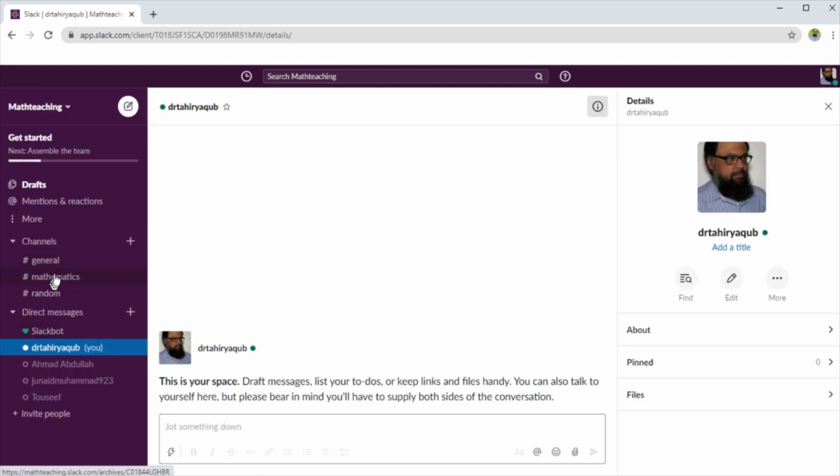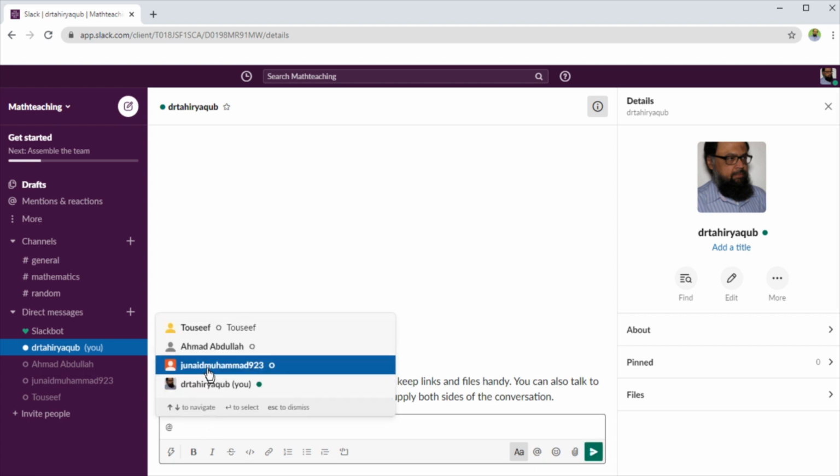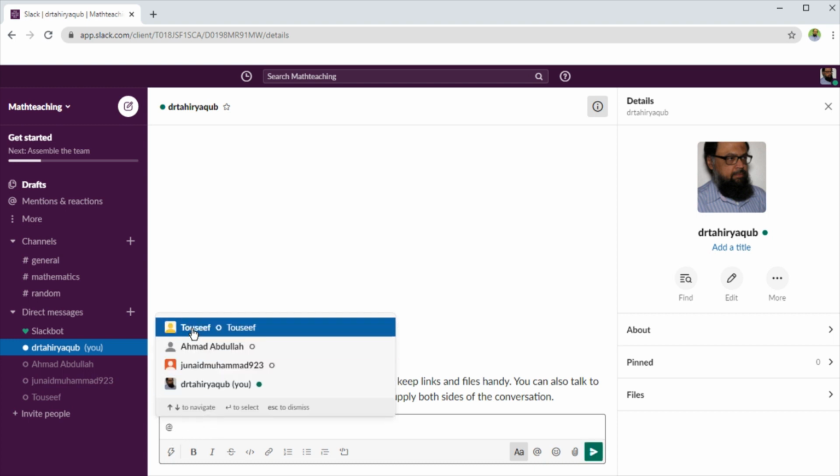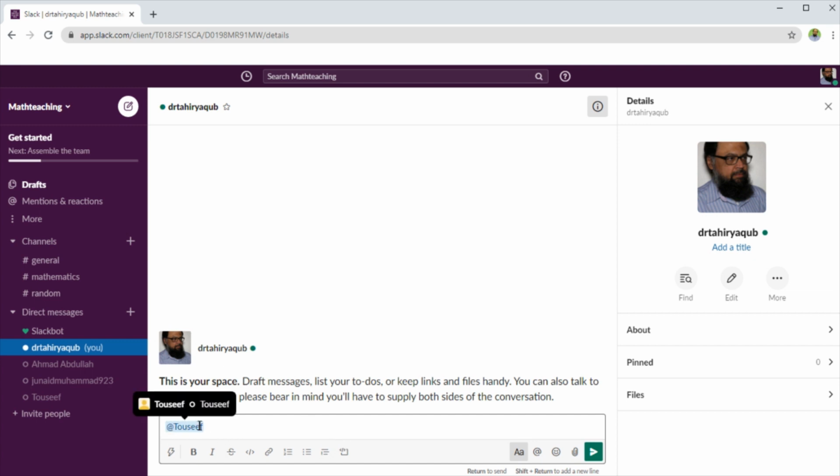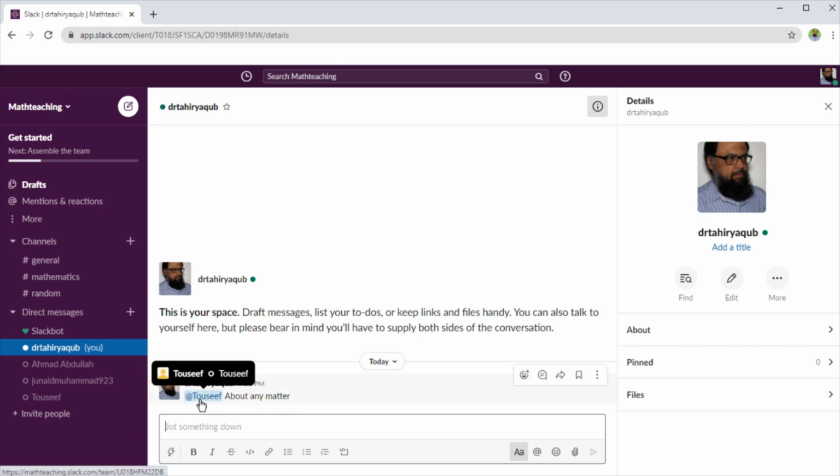So these are two major parts of a workspace: channels and direct messages. Of course you can invite people, and in Slack you can mention your team members by putting @ before the name. For example, if I want to mention this team member, I will put this @ and then this, and as you can see, the color of these two has changed, because now I am mentioning this person and I want to get this person's opinion about any particular matter which we are discussing. And if I send this, it means that I am asking this person to respond to this discussion, although this is not directed directly to that person.